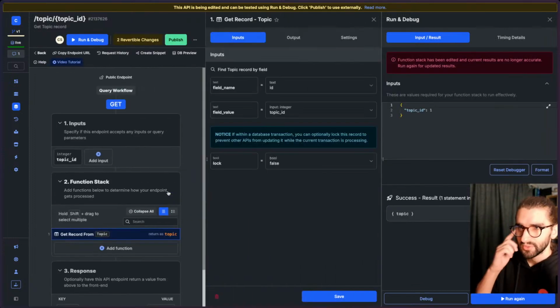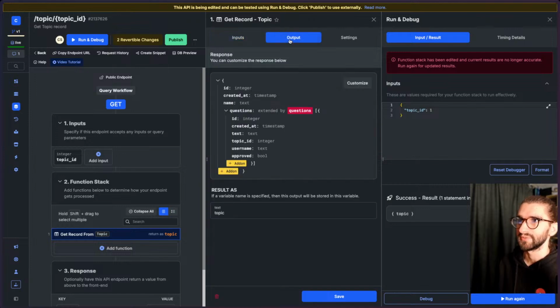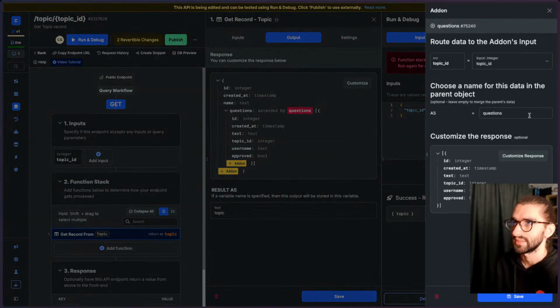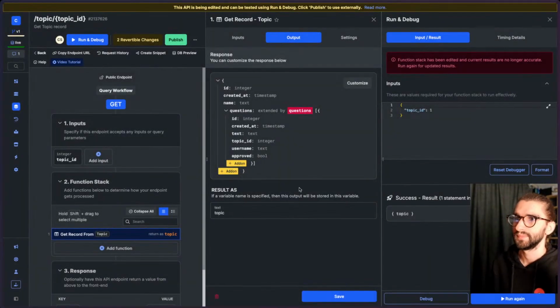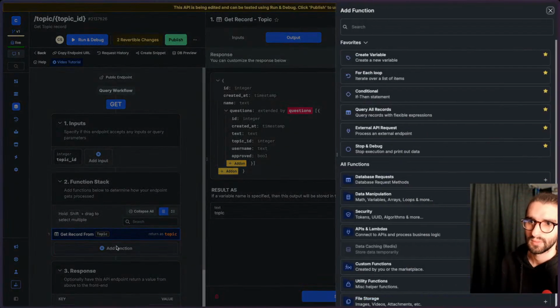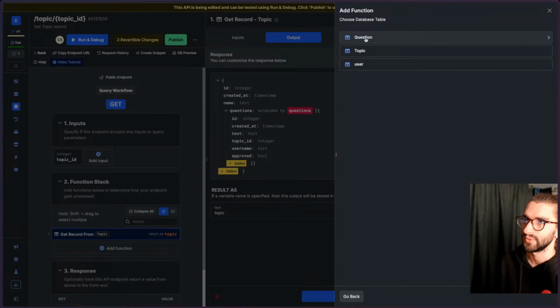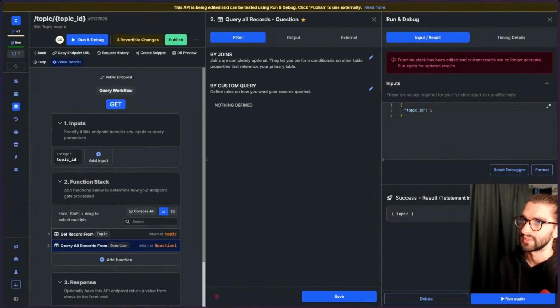Am I doing something wrong? Does anyone know Xano enough for this? Why is it not letting me filter these? And if I have to query everything from questions separately,